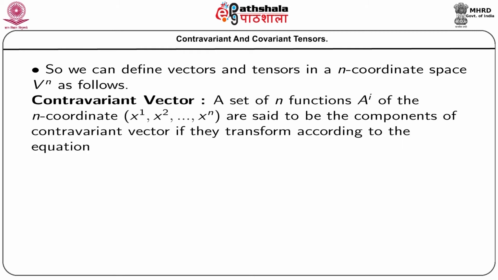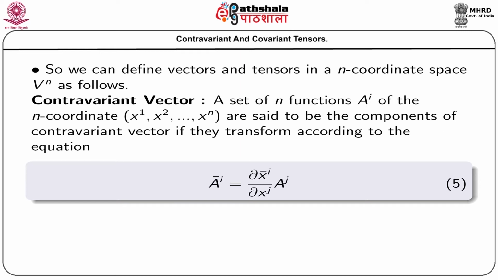So, we are now defining categorically how contravariant vectors, contravariant tensors, covariant vectors and covariant tensors are defined. A set of n functions a^i of the n coordinates x1, x2, ..., xn are said to be the components of a contravariant vector if they transform according to the equation a bar i equals ∂x bar i / ∂x^j a^j